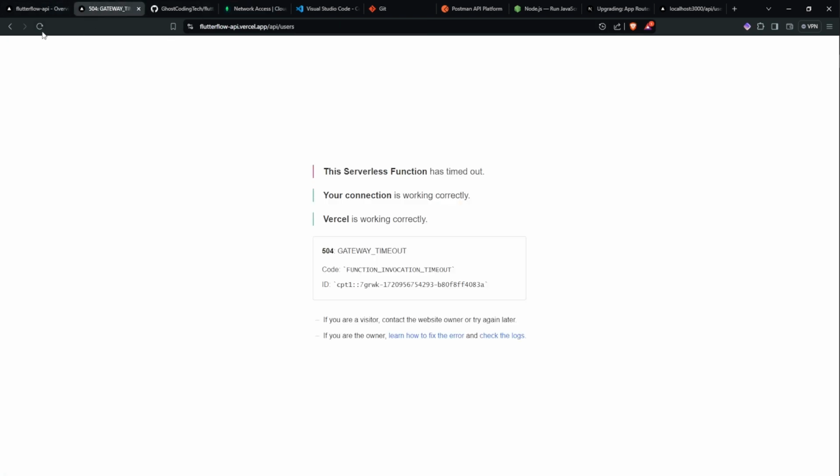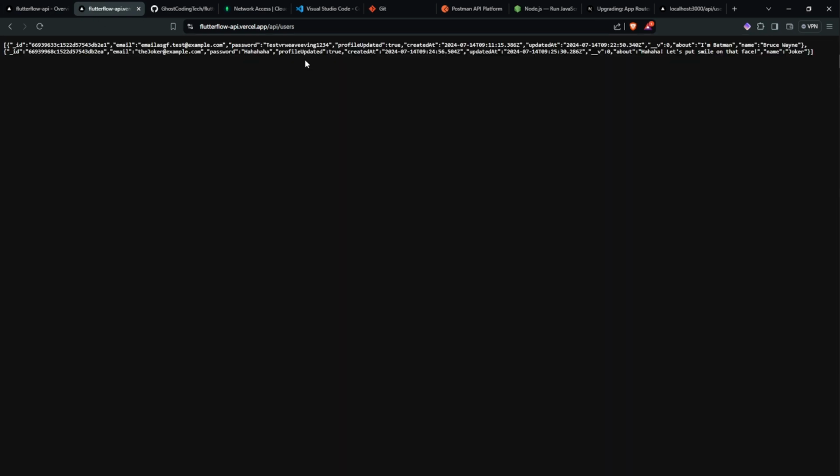We can go back here, and if we refresh, we will now immediately see that we are able to fetch our users. There we go. So now we know that our API calls and our Vercel project is 100% correct. For that reason, I am going to copy out, well, not with that /, I just want this part. So I'm going to copy that. And now we can head to our